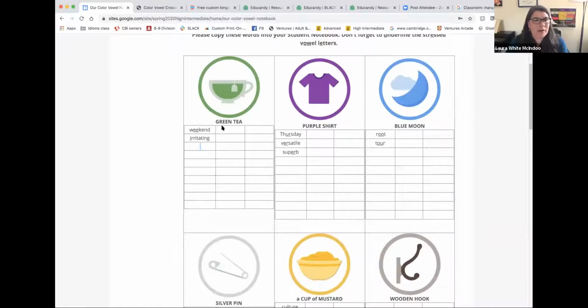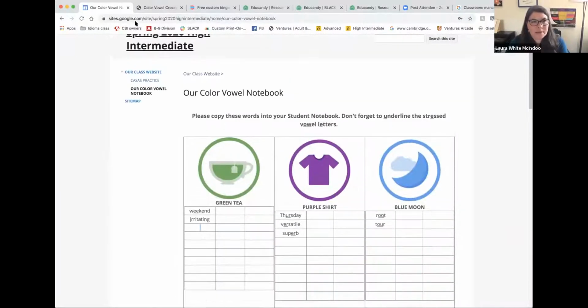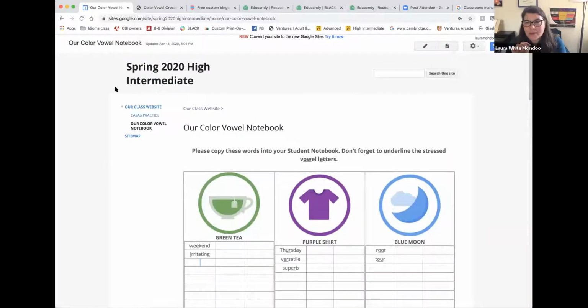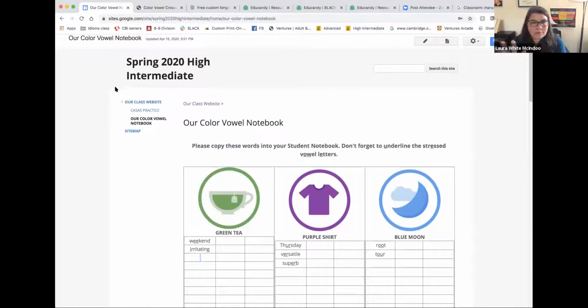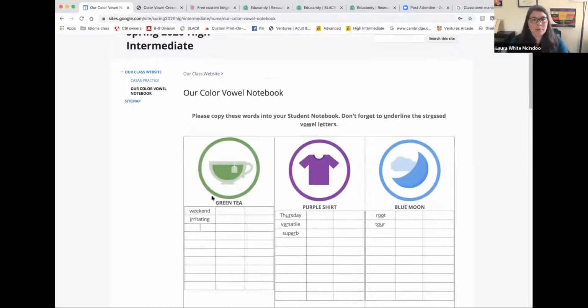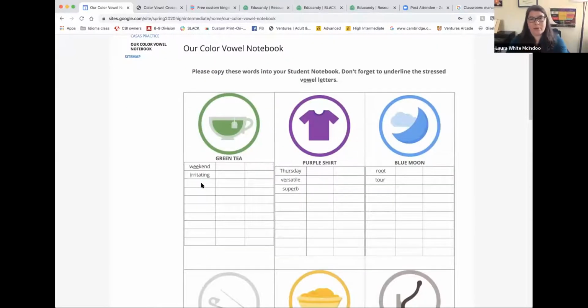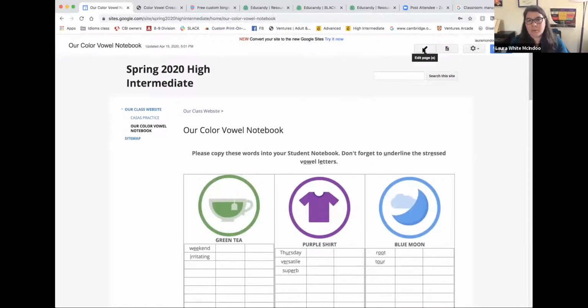This is made in Google Sites, but it's the old Google Sites Classic. They have upgraded it, but in the new one, you can't underline in the fields, and we know how important that is. So the new one looks much slicker. It's really cool looking. This looks a little more old school, but you can type in a word like, oh, I don't have it on edit mode. You just go up here to edit.